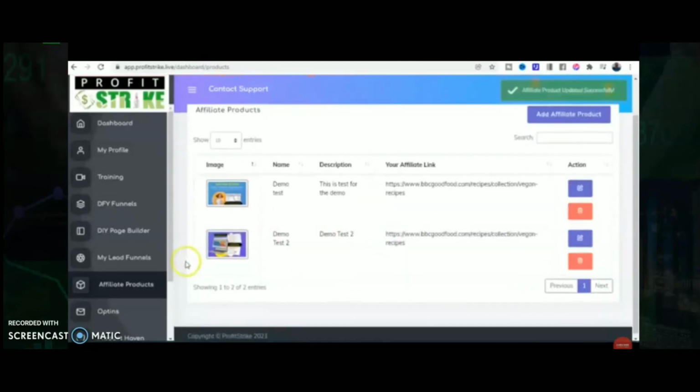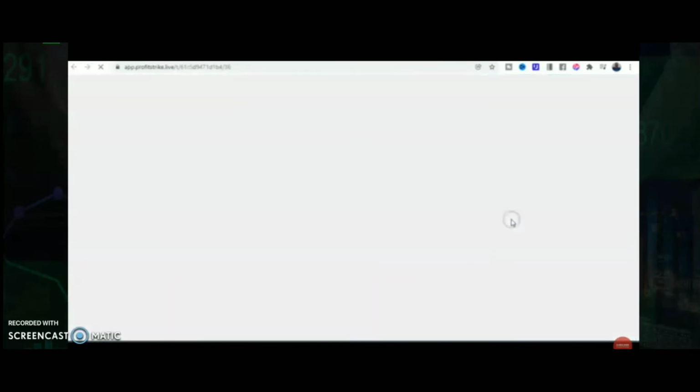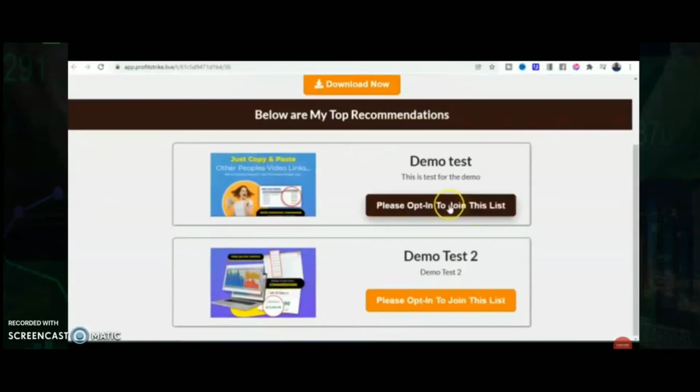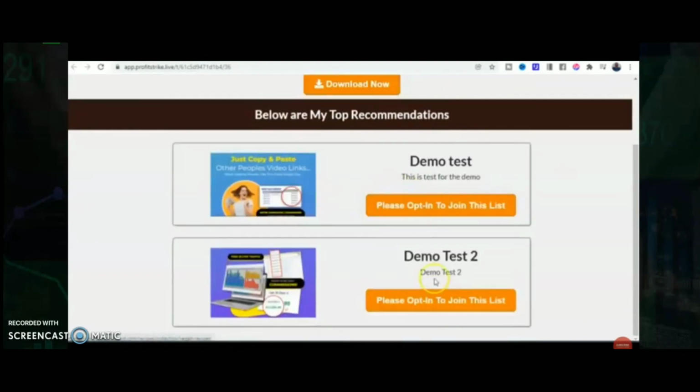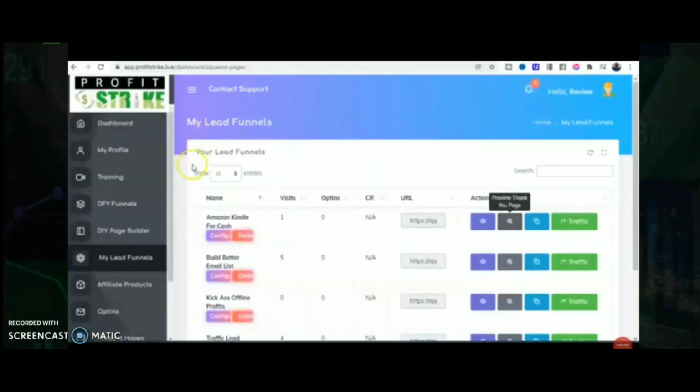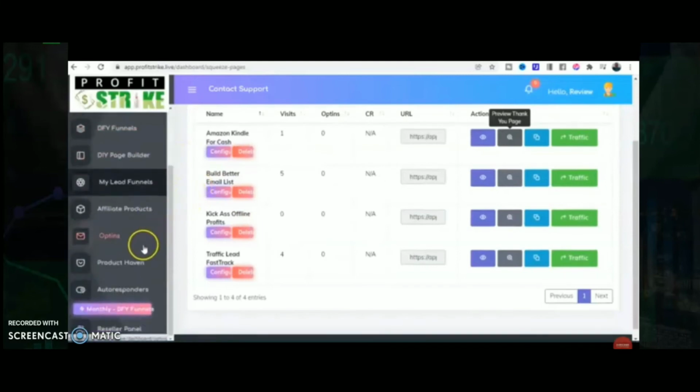And then, when I go to My Lead Funnels, and I look at the review thank you page, there are more things that I want to cover with you.